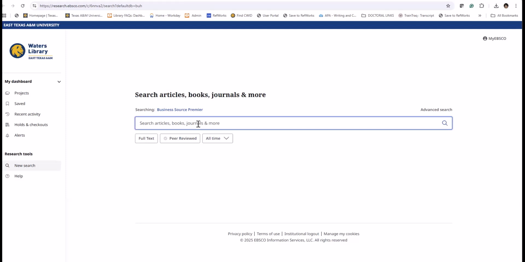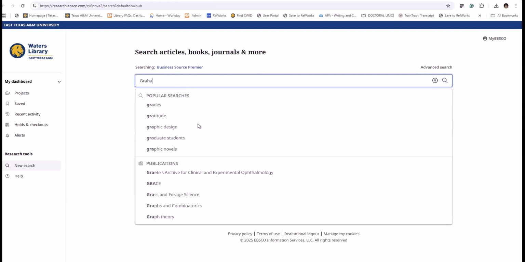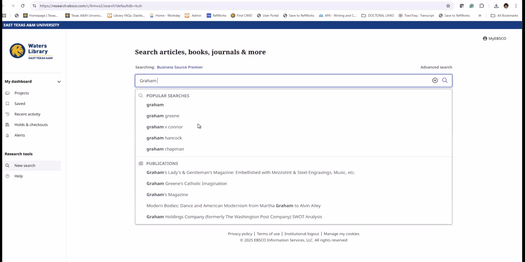So let's, for example, search some resources, some reports, some profiles, SWOT analyses, and others on the company of my research, which is Graham Corporation.